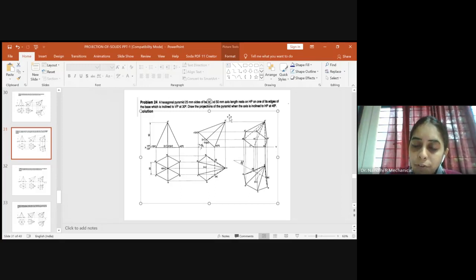On this 45 degree line, kindly measure 50 mm because our axis height is 50 mm. So please measure 50 mm using the compass. Come back over here and just cut an arc. Where it meets will be our apex O dash. Once you name it O dash, you can join these two corners of the base. From here to here you will join and from here to here also you will join.